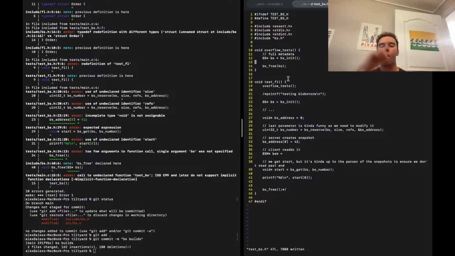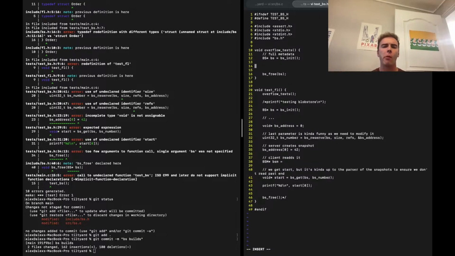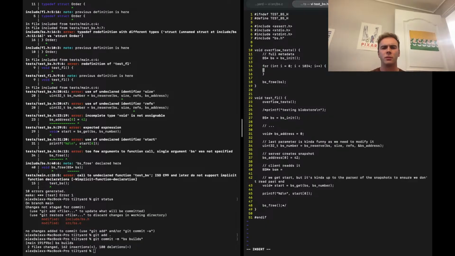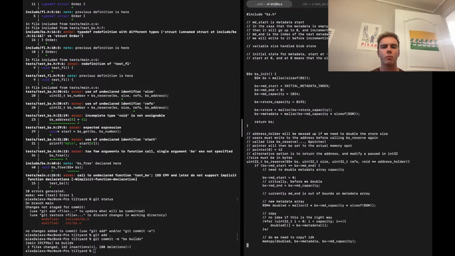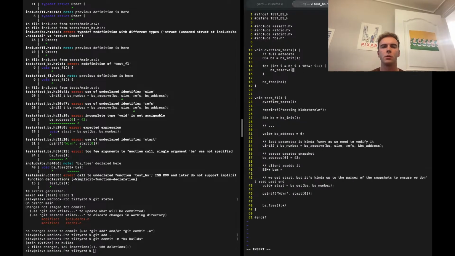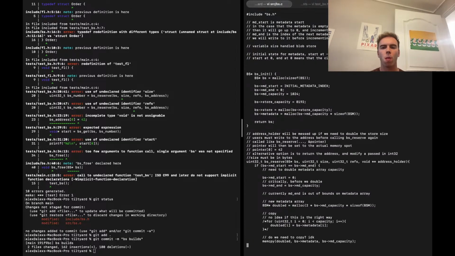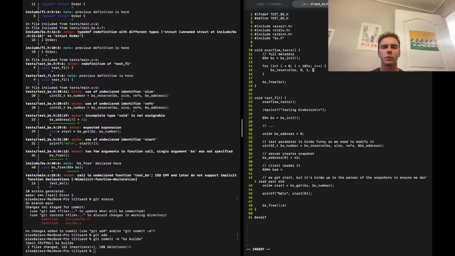That'll put MD end at the 0. So this is just a test. We can use int. BS reserve. Yeah, reserve. BS size of 8, refs 1, I guess. We'll keep it 1 to make it easy. And then address holder is going to be,